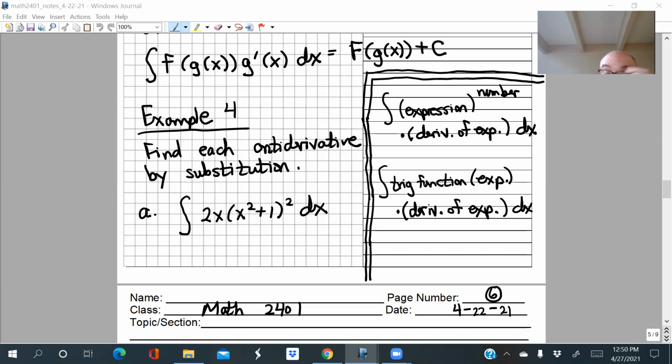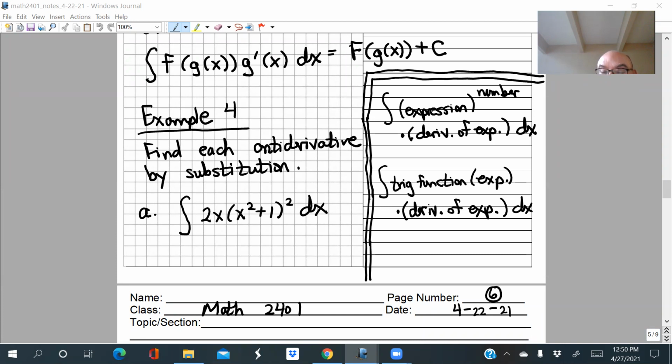The other situation that you want to be looking for is if you have a trig function of an expression. Not just sine of x or cosine of x or tangent of x, but a trig function of some formula that's a little bit more complicated than just x. That is a situation you want to look for in an integrand that you're trying to integrate. So it requires a little pattern recognition power here, to be a little bit observant.